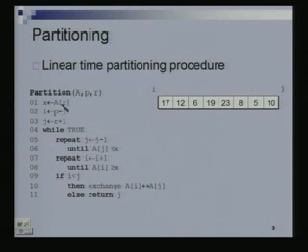I am going to take A[R], which is this element, and put it into X, which means X is going to be my pivot element. So X would contain 10. Now what is this doing? I is getting the value P minus 1, so I is assigned to something before P. And J is getting R plus 1. So I and J are just before the start and just after the end of the sub array that we are interested in. Now we are going to go through this loop, while true, which means we just continue going through this loop till we break out of the loop.